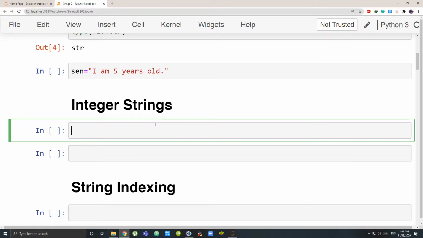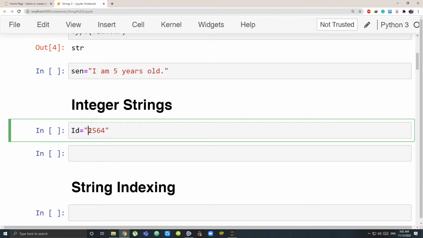Now there are times I want to not perform operations on numbers as well. For example, my ID. I have an ID, I have my college ID. So let's take ID. ID is equal to, my ID is S2564. I don't want to divide my ID with somebody else, or I don't want to multiply my ID because that does not make sense, dividing your ID or multiplying your ID. So I will make it more favorable. It is more favorable to store this as string. So this is an integer, this is a number, but I don't want to perform any operation in Python with this ID. So I will store this as string.